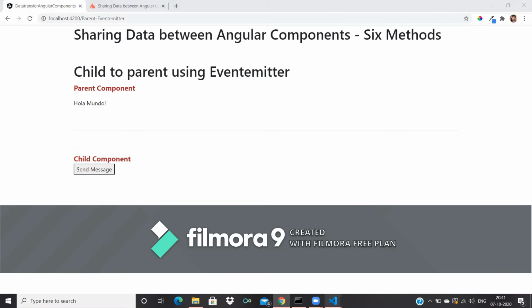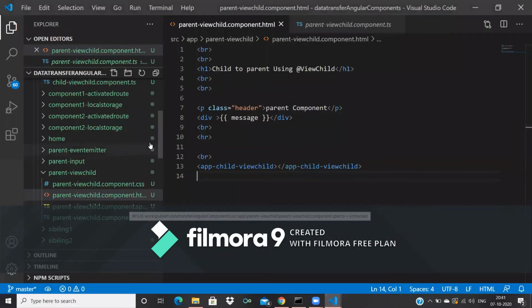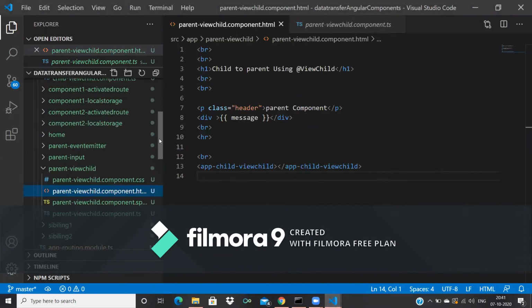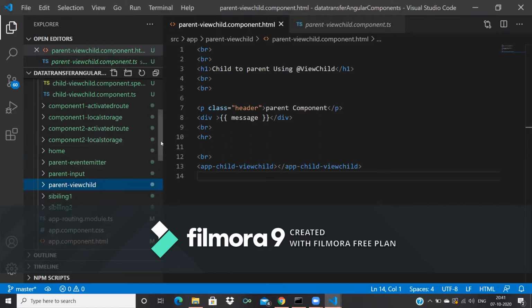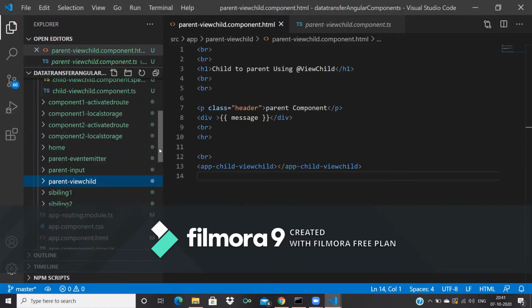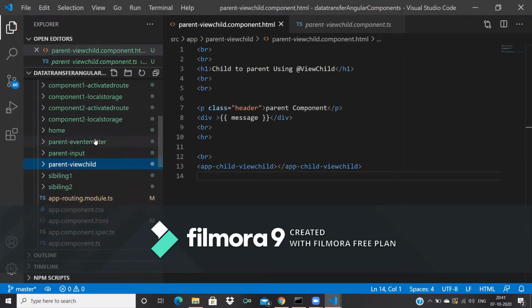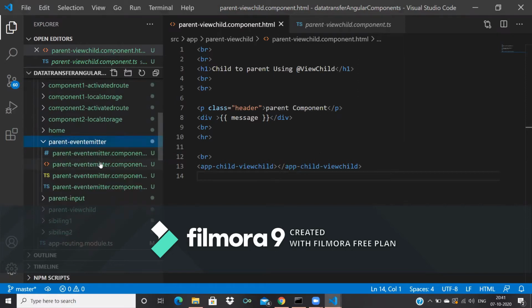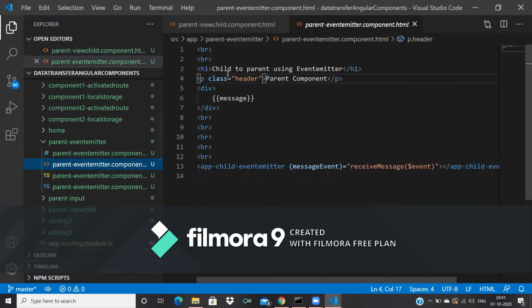Let's see here. The parent event emitter, the component name. This is the HTML.